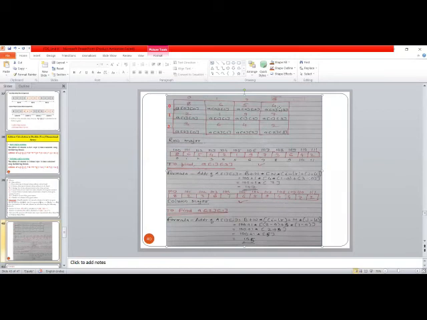4 columns you have to skip. Then how many rows do you have to skip? That is indicated by I minus LR. So here I is what? 1 minus starting from 0. So 1 row you have to skip, right? 4 columns you have to skip, 1 row you have to skip. And now inside that, how many cells again do you have to skip? That is indicated by J minus LC, right? So here J is what? 3 and it is starting from 0. So 3 minus 0, that is 3.